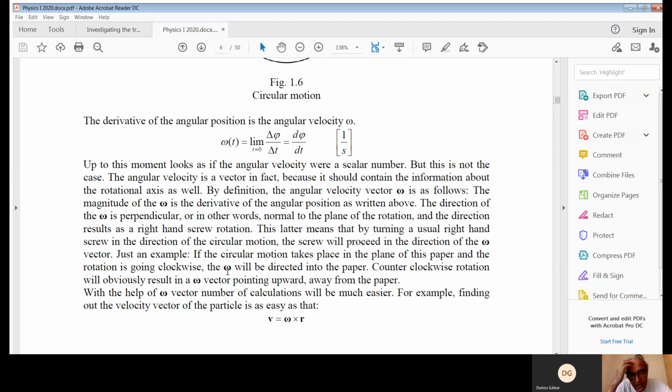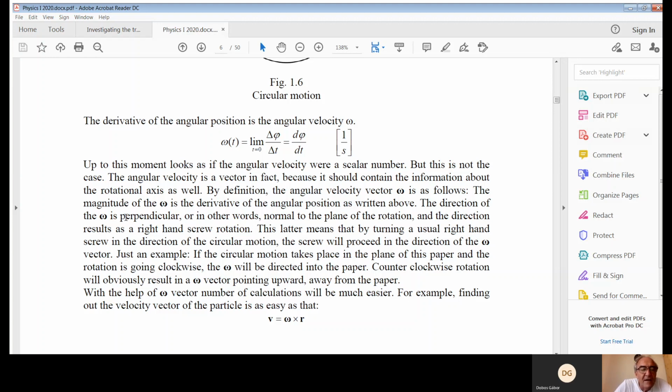So it's worth introducing an angular velocity which shows us not just how fast it is spinning, but also what axis it is spinning around. Therefore, we introduce an omega vector, which is in bold print here, and the definition is